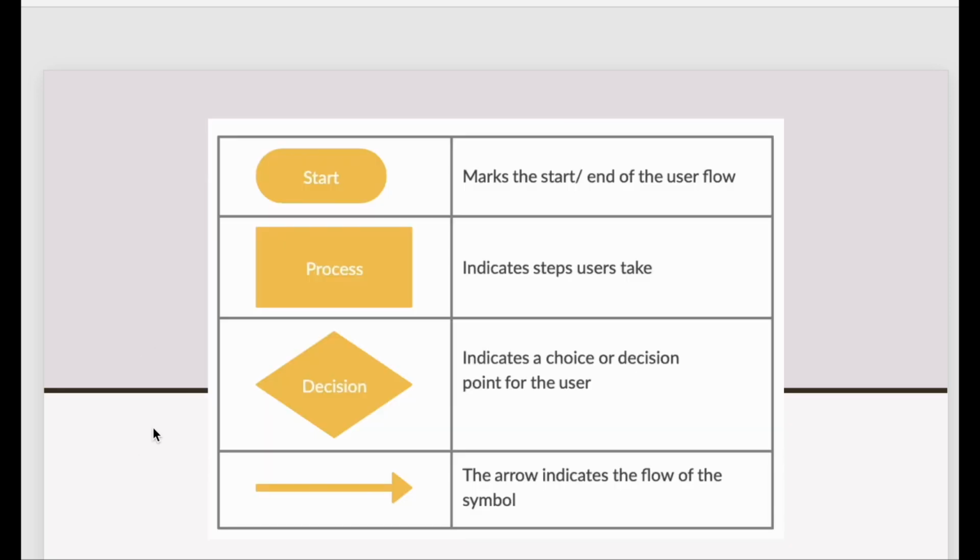And examples of the symbols for a process flow chart include your start, your process, and your decision, which is this diamond shape. Keep in mind, the diamond shape is here to interface with the various outcomes that come into play. So is the user able to log into your system, yes or no? And it's okay if the user is not able to log in as long as you have a map to help the user accomplish that task, even if it's an 800 number or something like that.